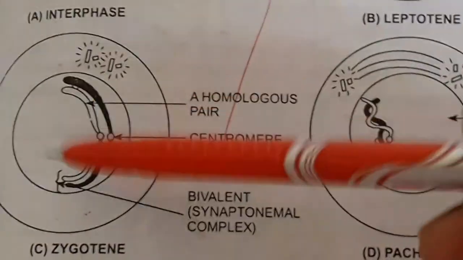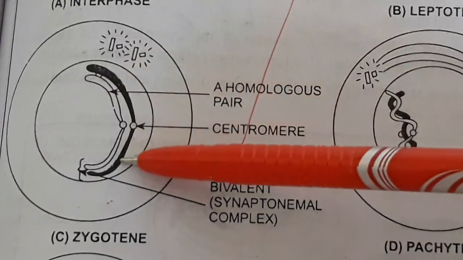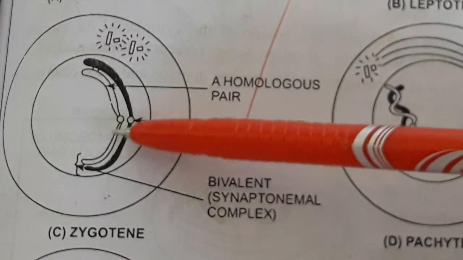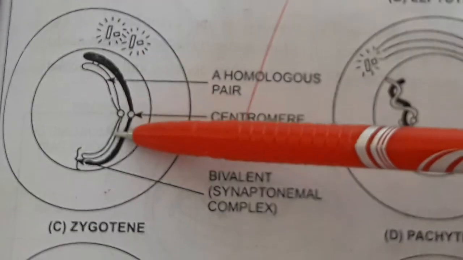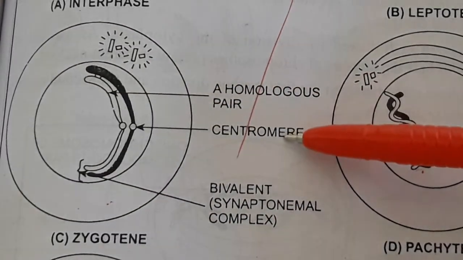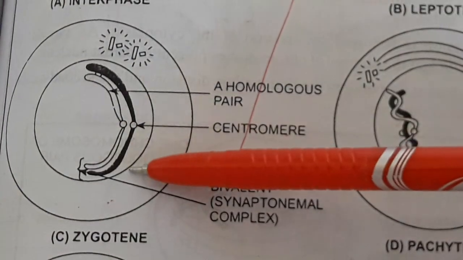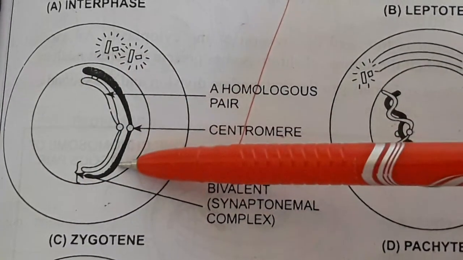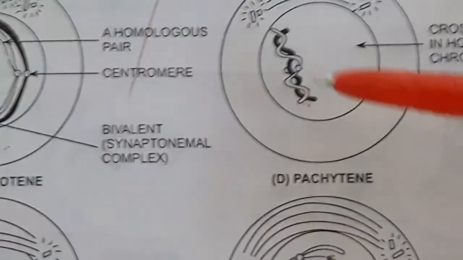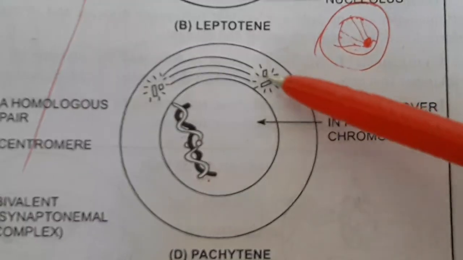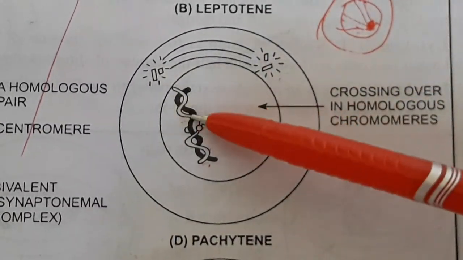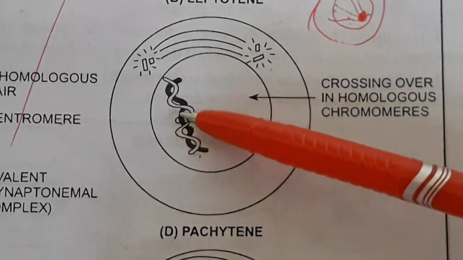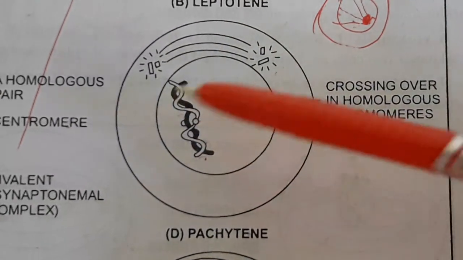Now in zygotene, the homologous chromosomes come close together. Okay, and a force of attraction which is known as synapsis brings the chromosomes close together and they form the bivalents. Here the centromeres are properly distinct and the chromosomes along with the nucleoprotein complex together form the synaptonemal complex. Now this is followed by the pachytene stage where the centrioles also start moving apart and the homologous chromosomes, the synapsis force becomes so strong that they start coiling. Now they overlap one another.